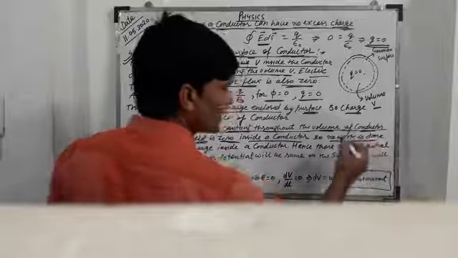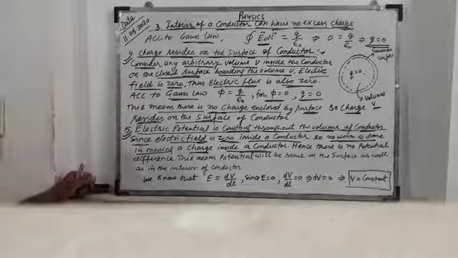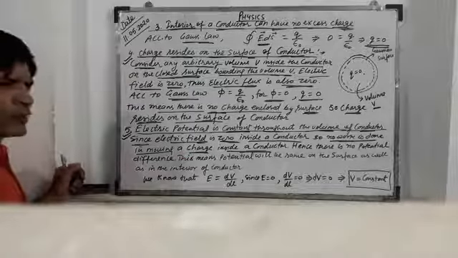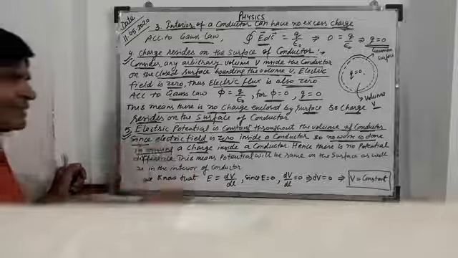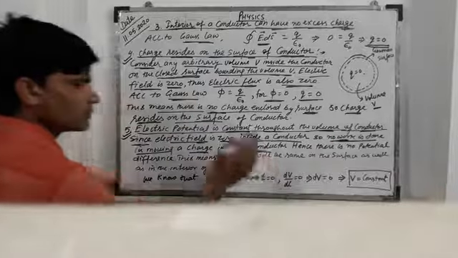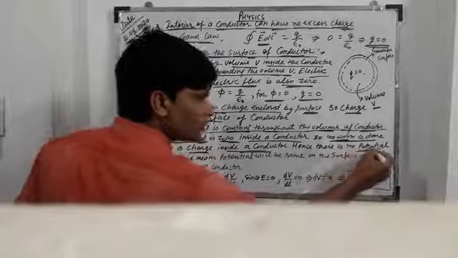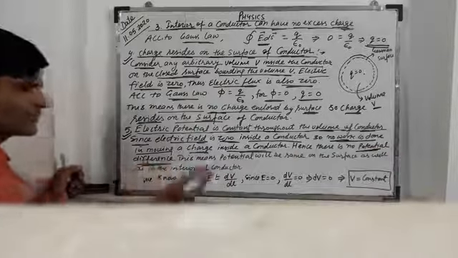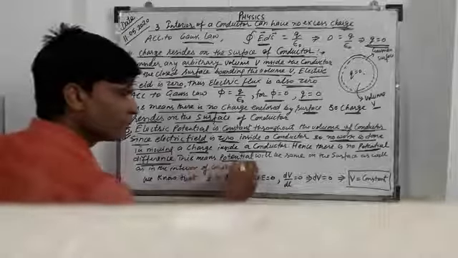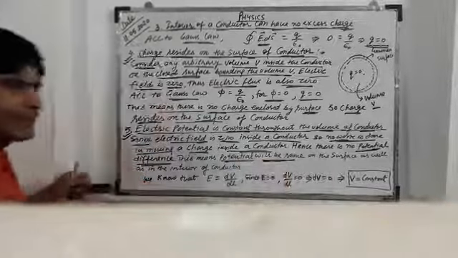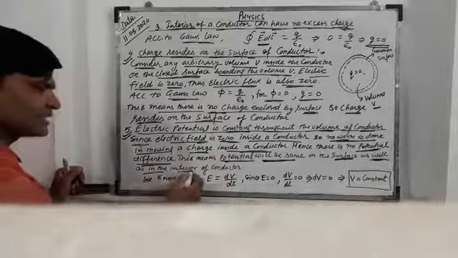So, no work is done in moving a charge inside a conductor because no electric field, so no force is present. Then work done is 0. Then, if work done is 0, there is no potential difference. When there is no potential difference, then potential will be same on the surface as well as in the interior